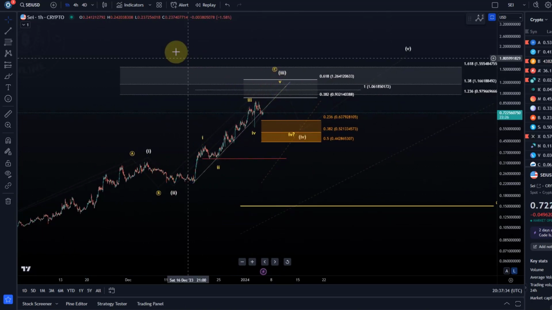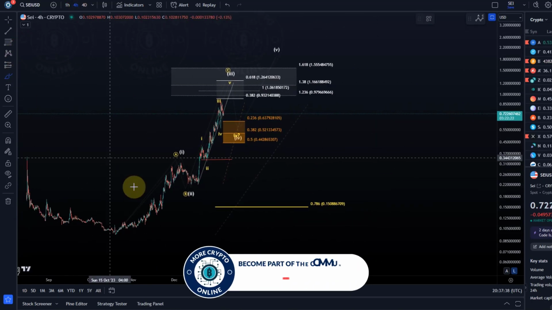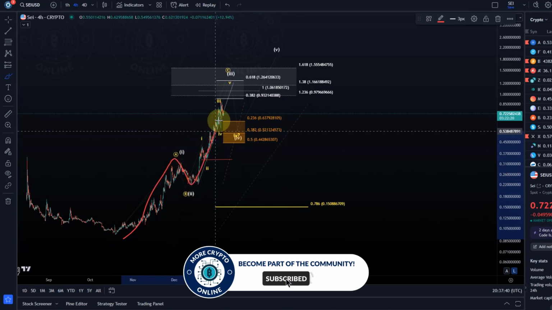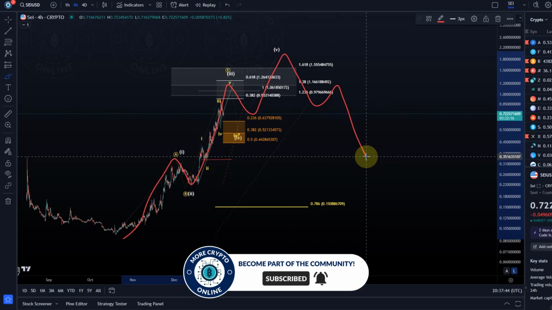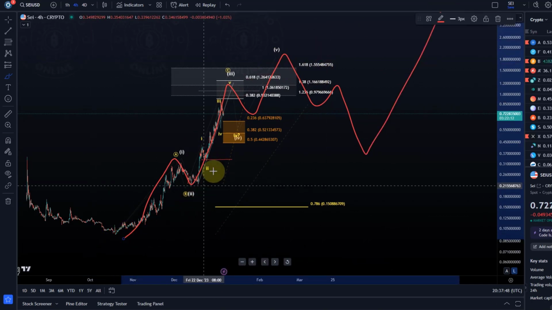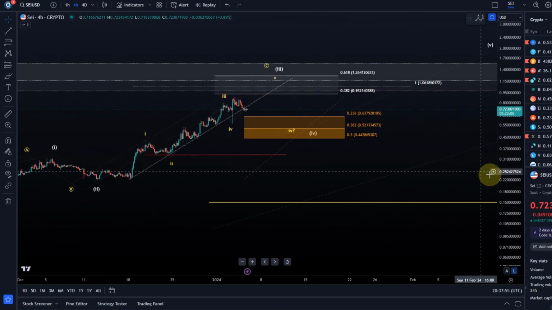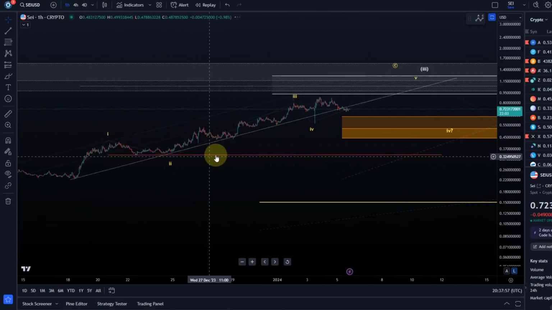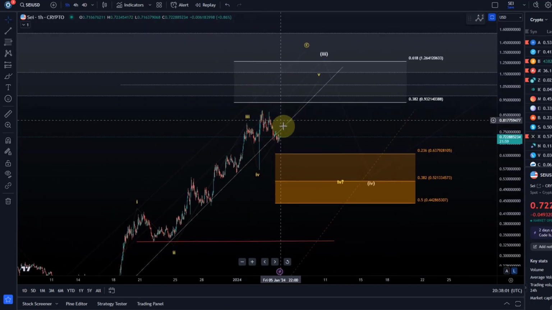So ideally, for a long-term bullish outlook, we needed to form 5 waves up. 1, 2, 3, 4, 5. Then we can look for the ABC pullback, and then it can carry on, okay? But at the moment, I only have 3 waves up, not 5 yet. So that's why we have the support area on the chart. Where I'm a little bit unsure is if the current pullback,